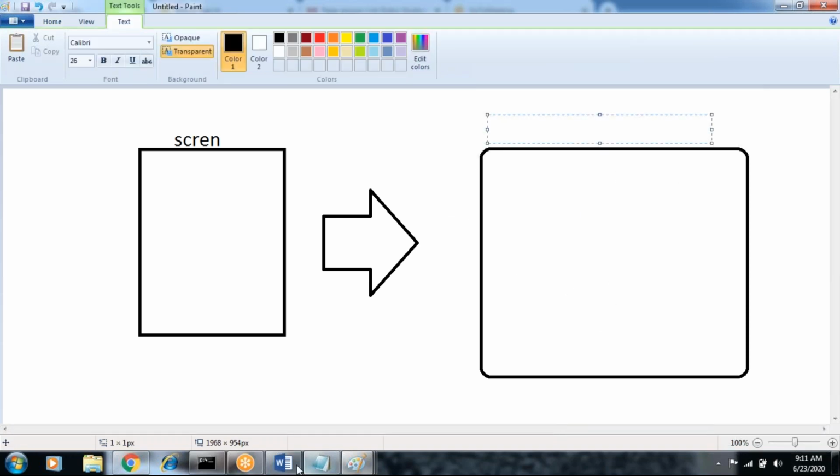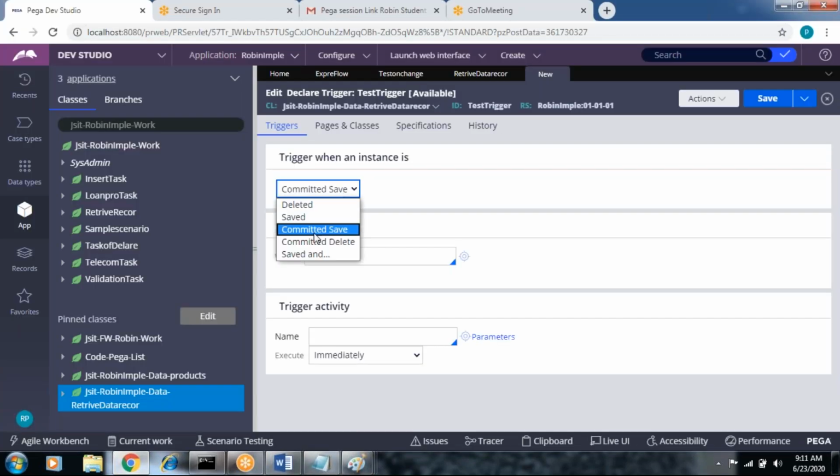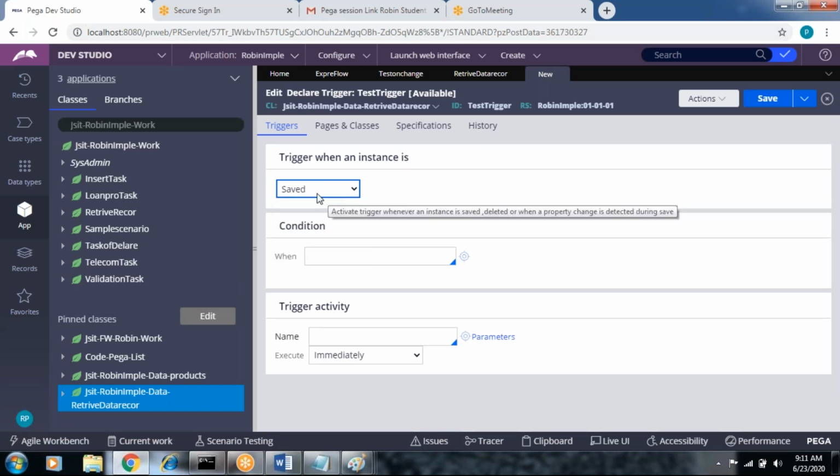Whenever the data is saved into the database, the data will be committed. Save means the data is saved permanently in the database. If it is not saved permanently, the data will be there in the database only, and we don't know exactly whether it is saved or not.